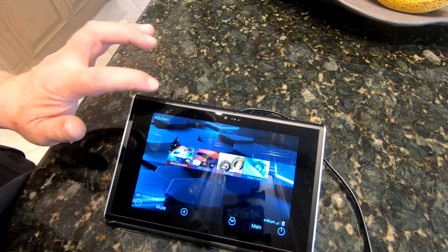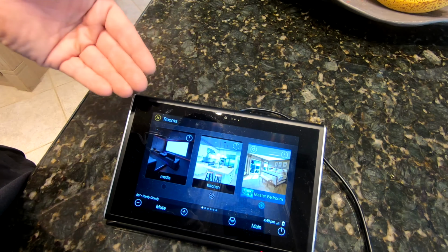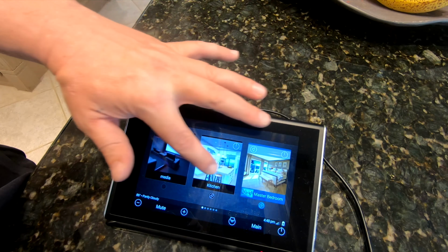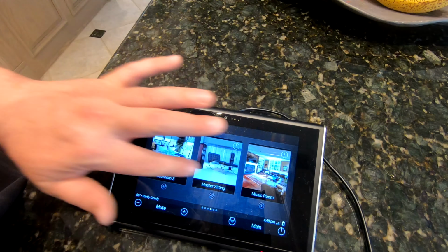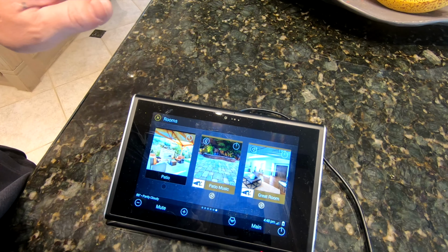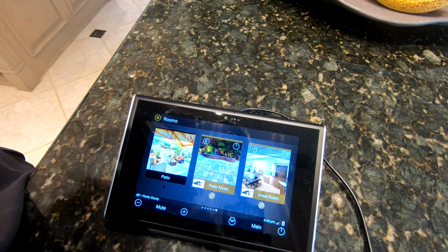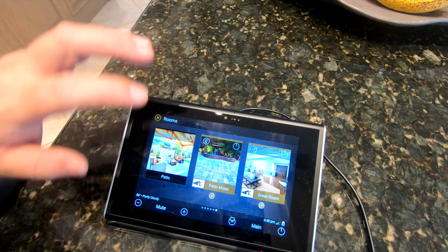Up here on the top left, you can go ahead and choose your location. So you choose the room you want. We're in rooms now. We have about, I don't know, 3, 6, 9, 12, 13, 14, 15, 16, 17, 18 rooms altogether, or 18 locations in this house. Each one has audio and video distribution. So